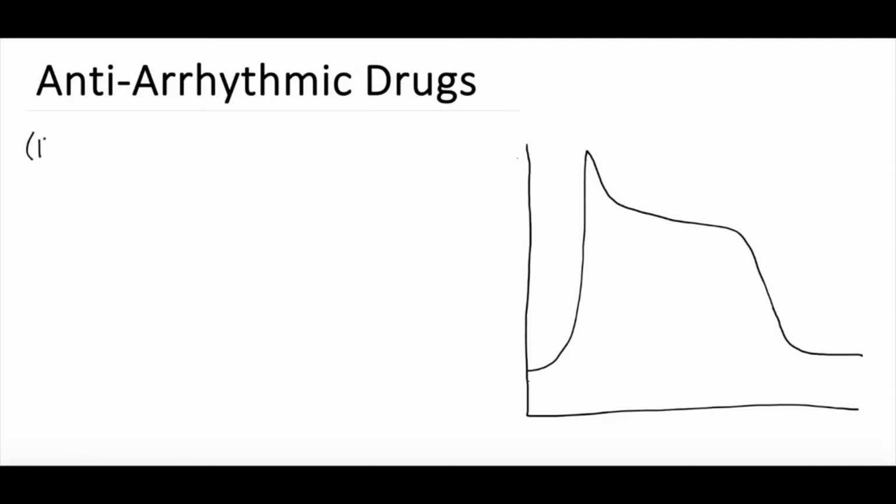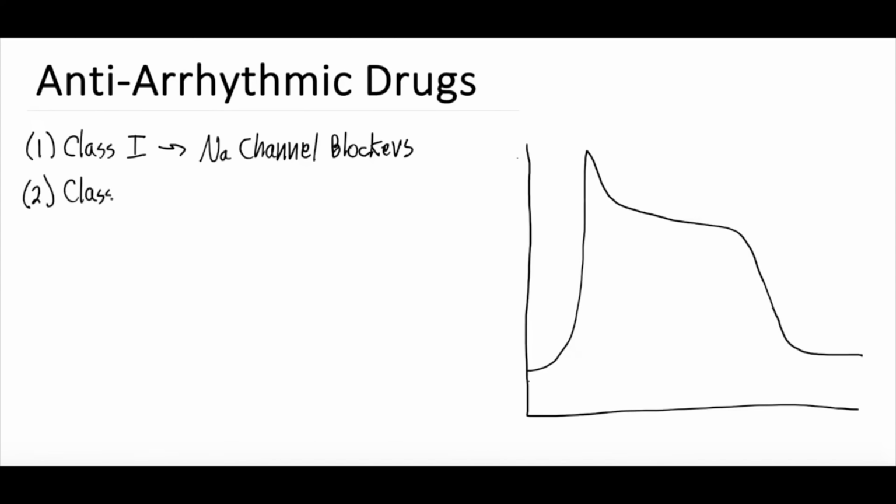So the first class of antiarrhythmic drugs is going to be known as class, I already spelled class wrong, good for me. Class 1. And this class are sodium channel blockers. Alright, and we'll get into how this relates to the cardiac action potential to my right once we're done going through the classes. Class 2 is going to be beta blockers, which are a little different mechanistically. They don't use as much with this cardiac action potential as the other classes. Class 3